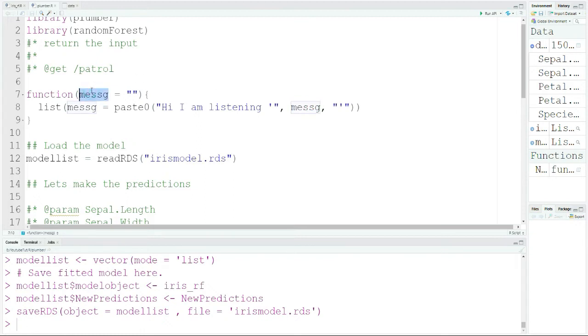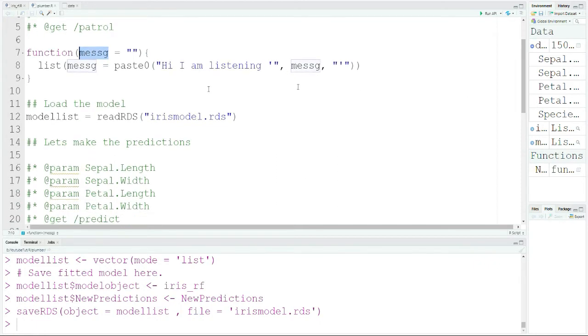If you want to make this blank, you can make it blank. So if I provide my name, it will return "hi, I am listening, code digest". So basically, this is to check if my API is running. This is sometimes also referred to as an echo function, where we want to check whether a particular API is running or not.